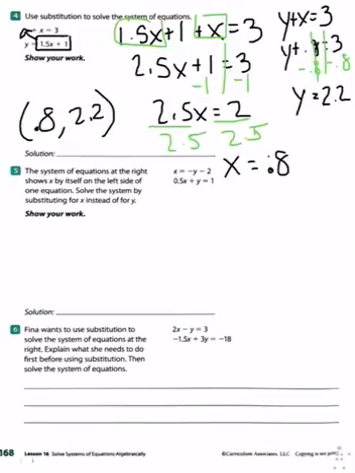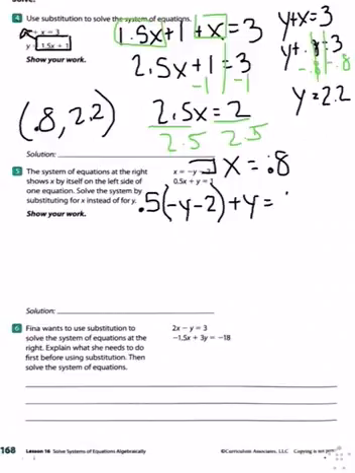Problem number 5. The system of equations at the right shows x by itself on the left side of one equation. Solve the system by substituting for x instead of y. So this problem is different because we have an x by itself. So I'm going to take my equation and plug it into x instead of y. This is backwards than what we typically do, but you still solve it and get the same answer. So I get 0.5 times negative y minus 2